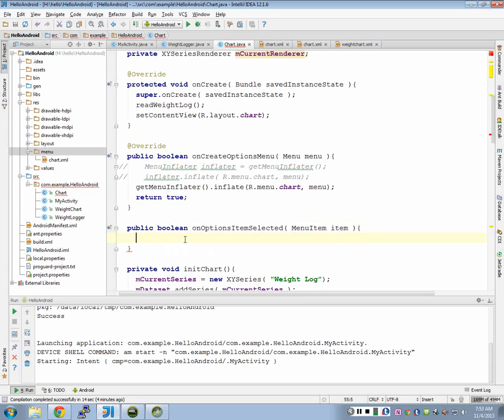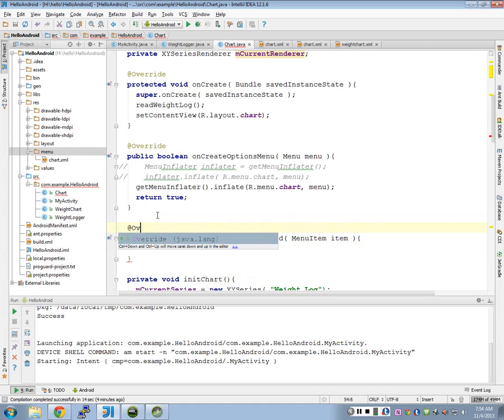All right. That's one that is given to us by the operating system. Yeah, I didn't put the override in. Yeah, there you go. So it's one that's built in. It's one of the Android API methods. So all we have to do is do something with it. And what we need in here